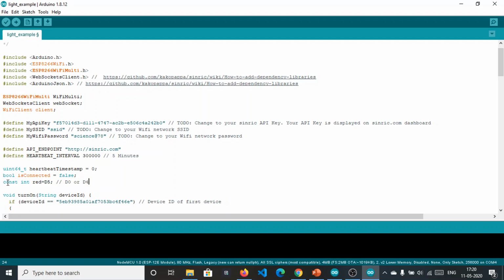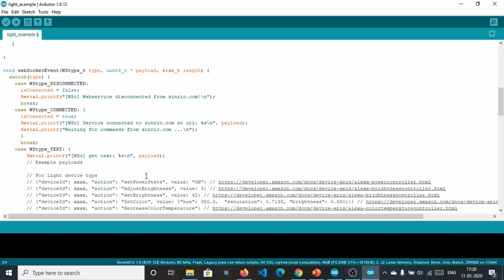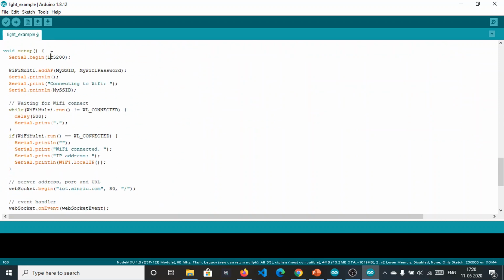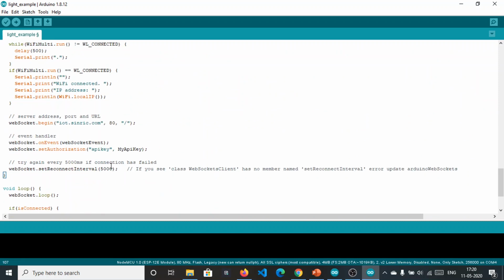We have defined red, and now we need to define the pin mode of this in the setup method. Let's see the scope of it. Okay, it's around here. So set pinMode of red to OUTPUT.